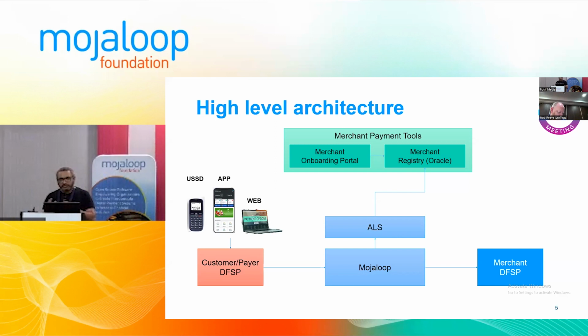So the registry basically holds the alias to DFSP mapping, and it works both ways. If I am a DFSP who does not have a merchant management system, and the hub operator decides to use this component, they can provide me this portal in order to register my merchants, who automatically then, once I approve them, go into the registry and an alias is generated for them.